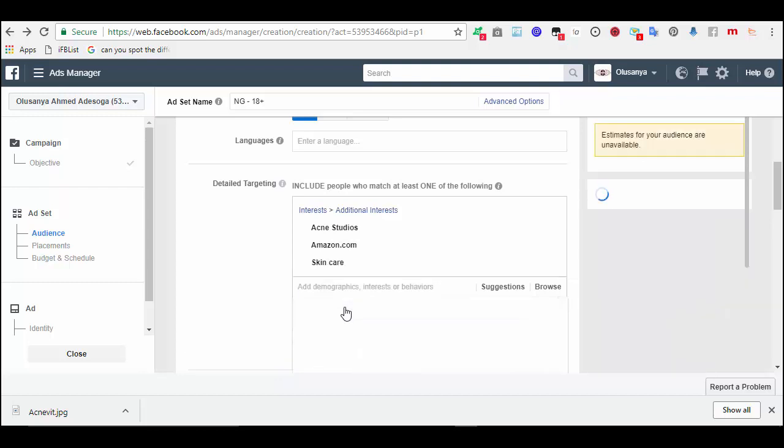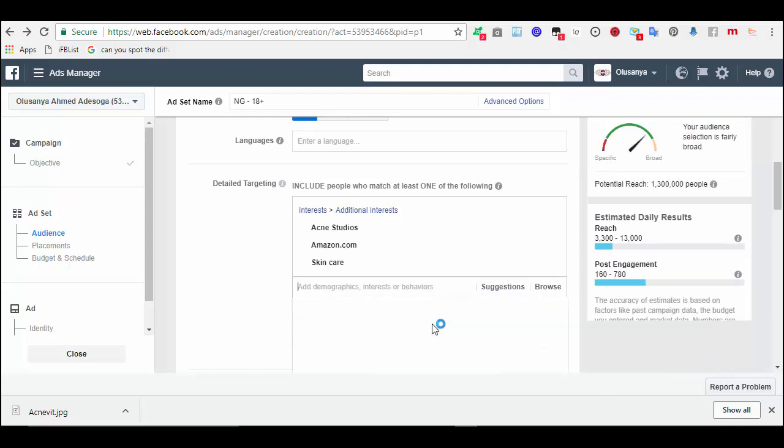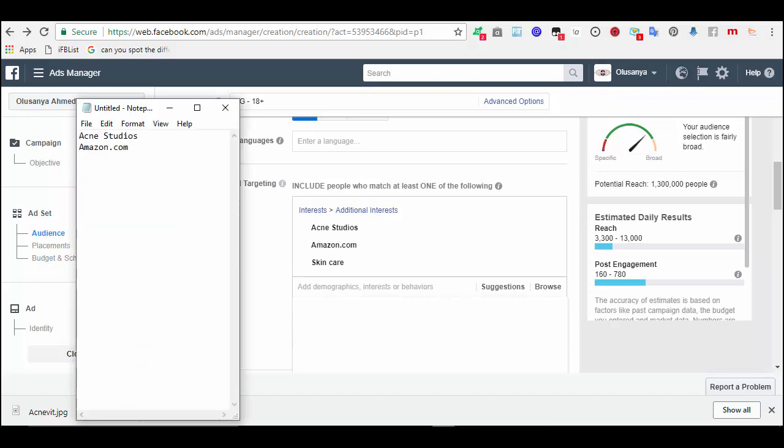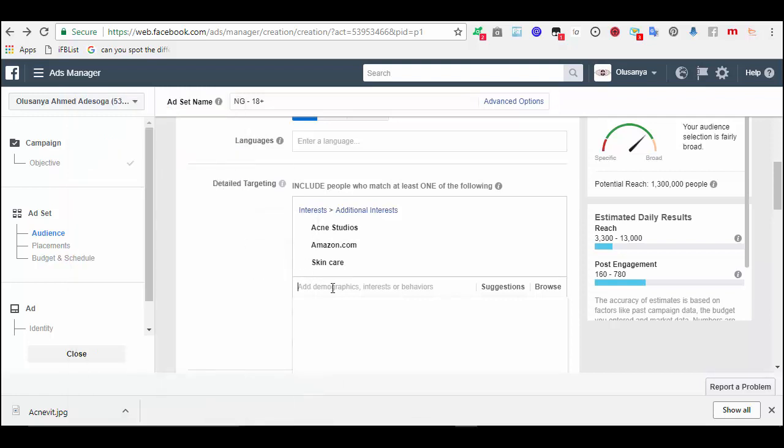90 million, that is skincare. So then what have you? Skin, this is skin.